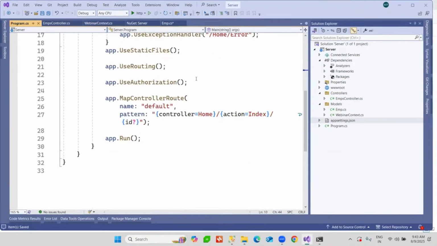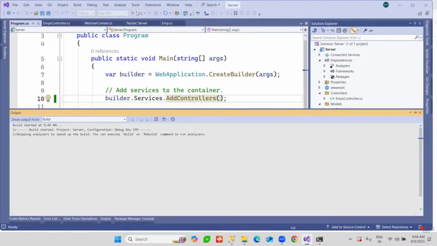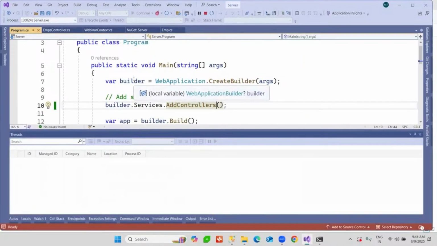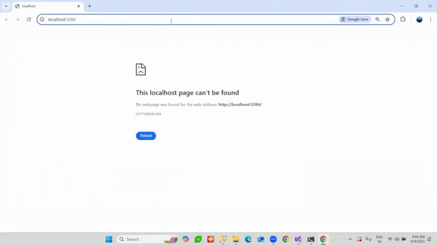Now, will this work? Let's see if at all we plan to use this. I'll just go and try to run this application first, and let us try to test it over the browser first. I'm just going to go and run this application again. Okay. Let's wait. It should open up a browser. Okay. And now I'll be shooting a call to